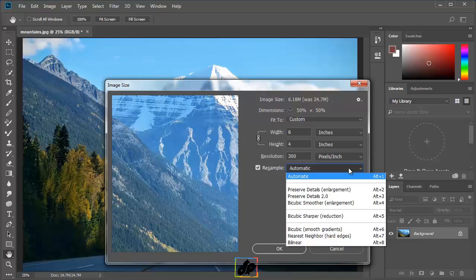If we want to control how the image is resized, we can choose that from the list. By default, it's set to Automatic, and if we make the file larger, Photoshop will automatically use the Preserve Details option. If we want to make the file size smaller, Photoshop will automatically choose Bicubic Sharper. These two options will give the best results for a lot of images, and if we set it to Automatic while sampling up or sampling down, we are relieved from remembering to select the right option.